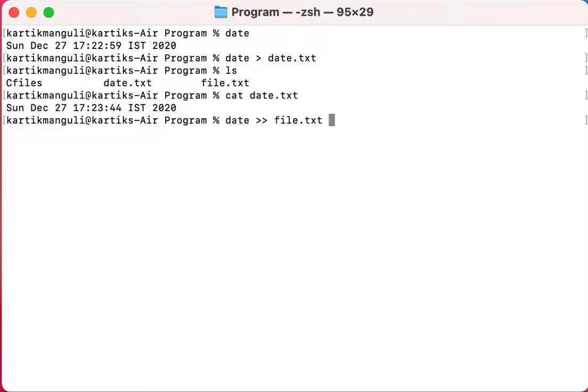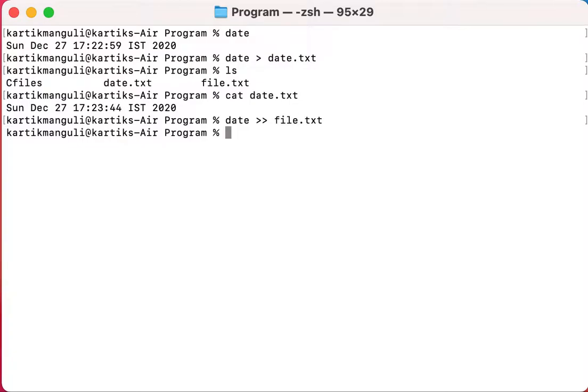If you give only one right chevron, it will modify the entire text, so it will delete everything and it will store. But what this one does is it will append after the end of the file.